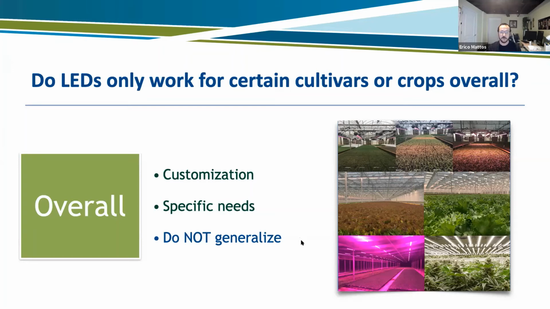Another important point here: do not generalize. If you find something that works really well for one system, one crop under certain conditions, don't think that that's going to work for everything else. That's a common mistake. People find one paper that said something and say, well, I'm going to do the same. Everything changes. In your own facility, if you change another system, that was our first slide, things will change. So be mindful of that. And then it goes back again to data analysis, tracking what you're doing. You can optimize over time. So really keep that in mind.